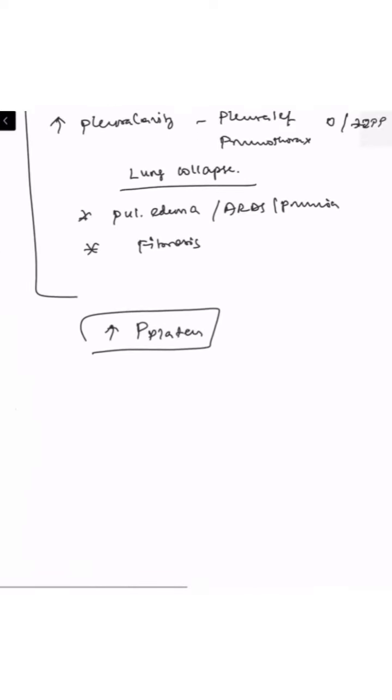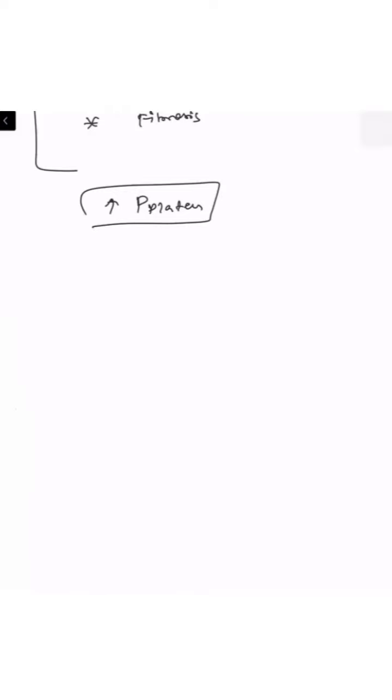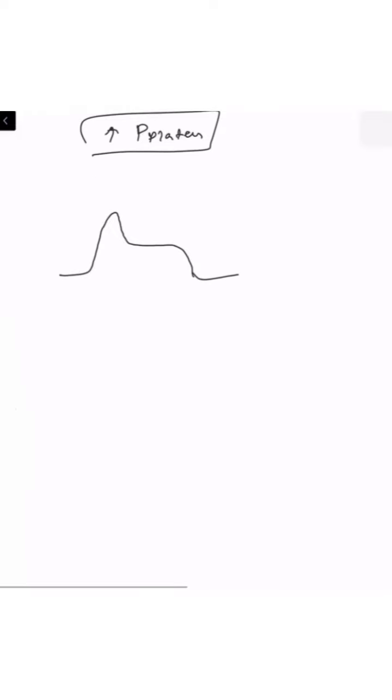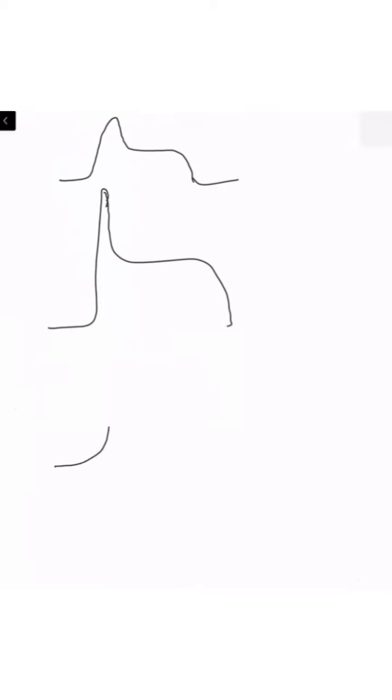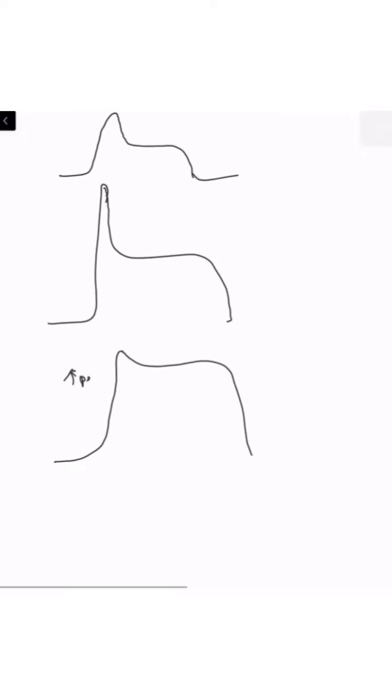So by looking into the flow curves and pressure curves in the mechanical settings, whenever you see the normal flow curve like this, you have the normal P peak and normal P plateau, and the patient has normal mechanical ventilation. In contrast, if you see an excessive peak, you may have increased resistance or decreased compliance. So these patients will have an increased peak with a normal P plateau. But in some conditions, you may see it like this. That means this patient has an increased P peak as well as an increased P plateau.